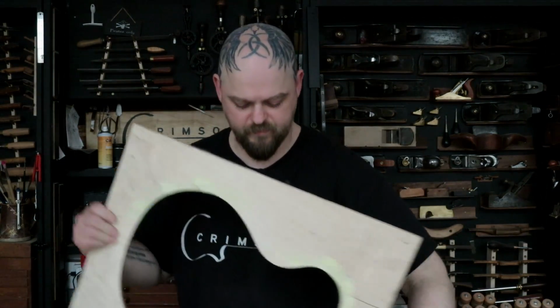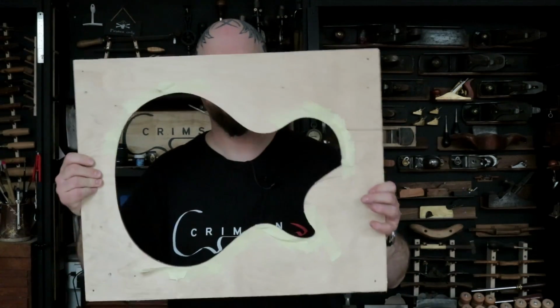I don't think I've missed anything here. If you have another material that you use, another method that you use for making a template, this question is based on the making of this template in the 90-hour build. But if you have another method of making it that doesn't involve files or bandsaws or oscillating spindle sanders, then